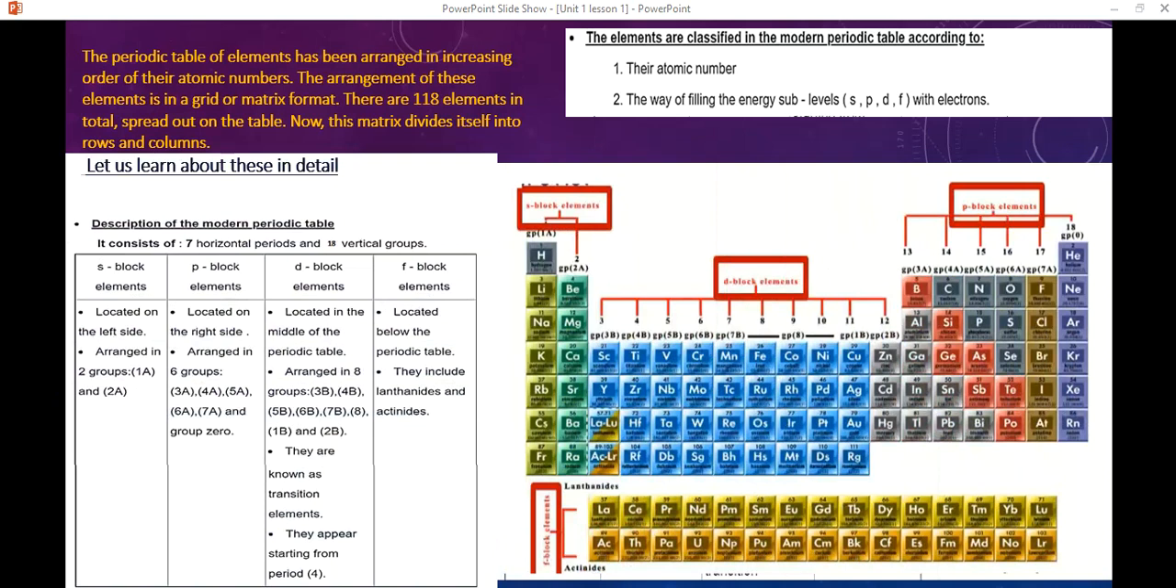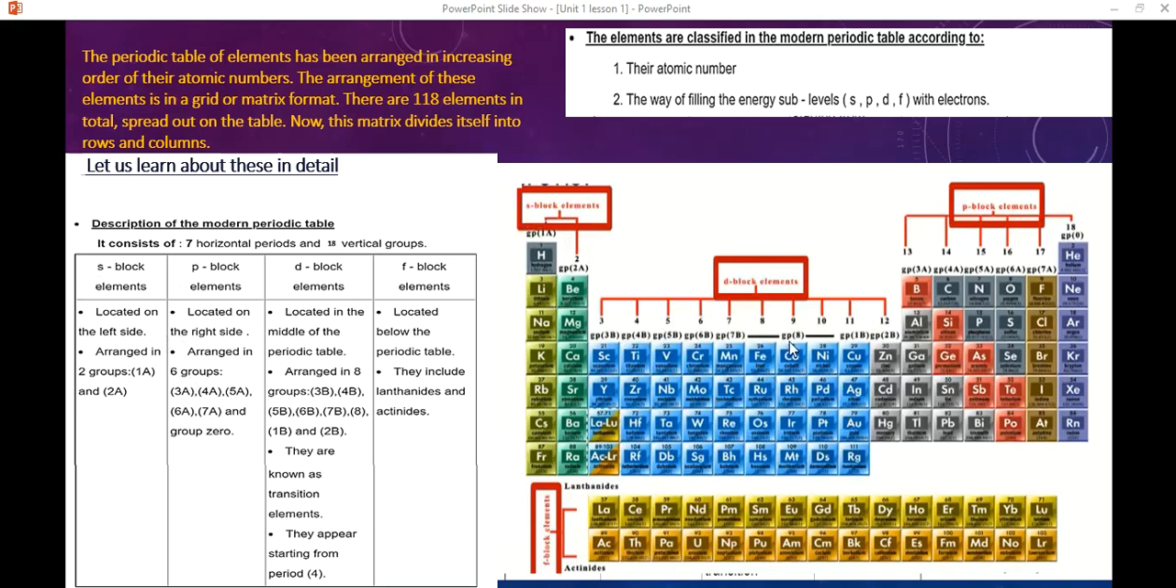Description of the modern periodic table. It contains 7 horizontal periods and 18 vertical groups. 7 periods, 18 groups. Repeat after me: 7 periods, 18 groups. As we see in this figure, we have